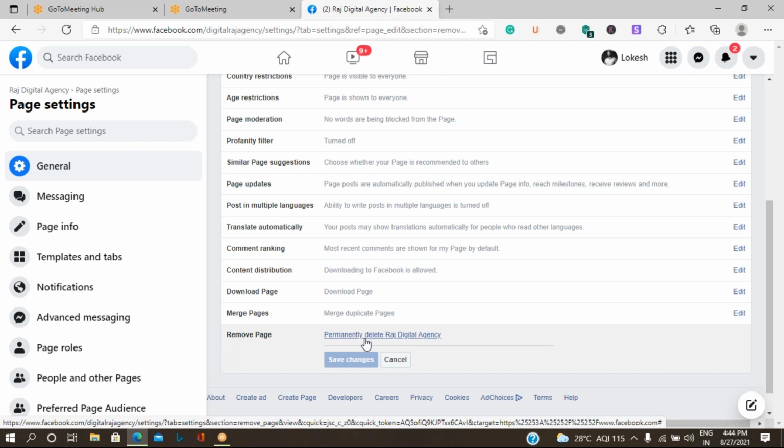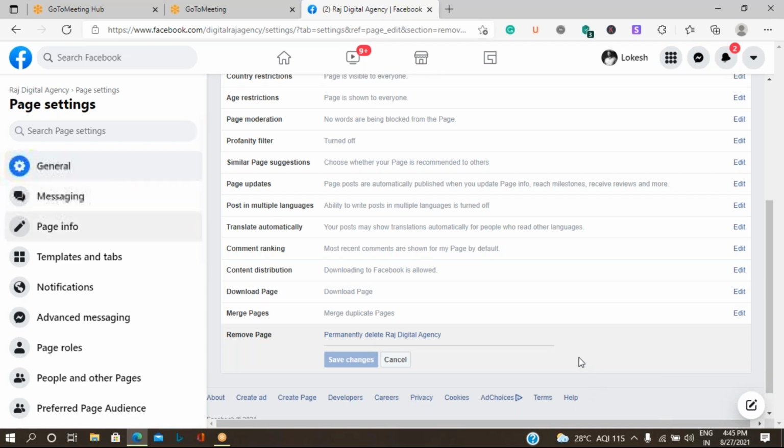Now if I delete it, it will not ask me to wait to unpublish or wait for 14 days. It will not ask anything because it is not active. That means no activity has been done. So this is the difference in the deletion of a page when you have already used the page and done some activity, and a page on which you have not done any activity. So this page can be deleted directly. Okay, so these are the differences.